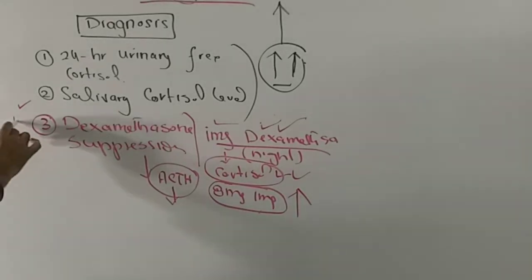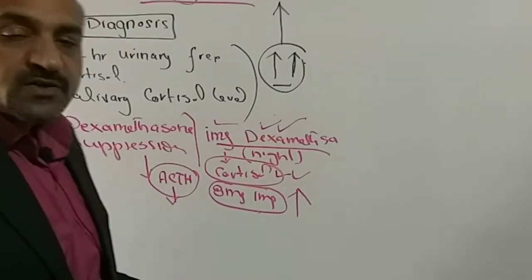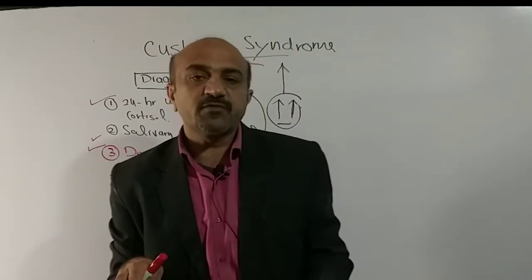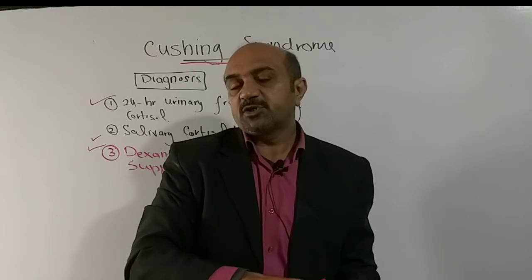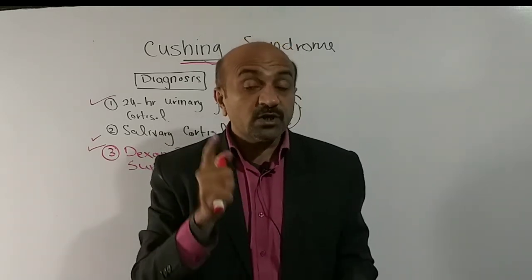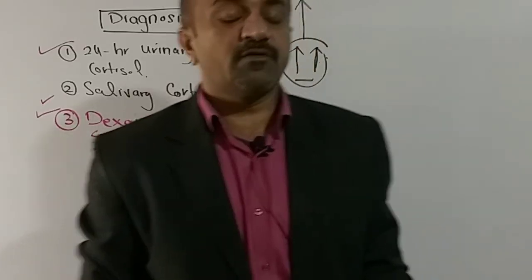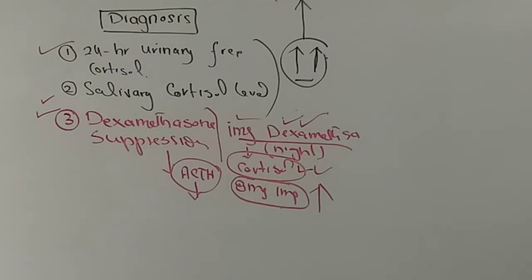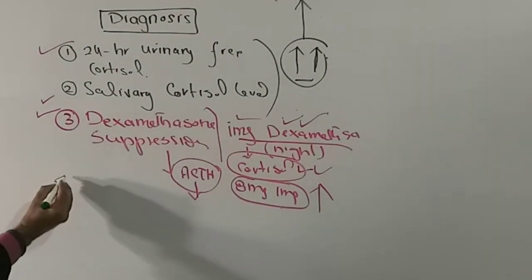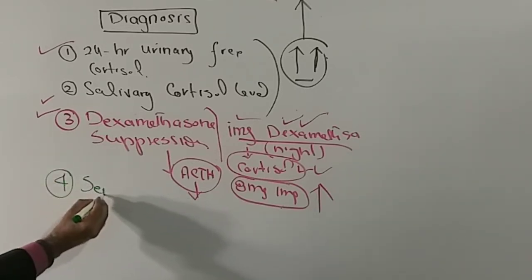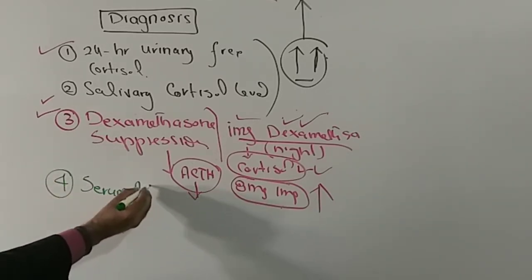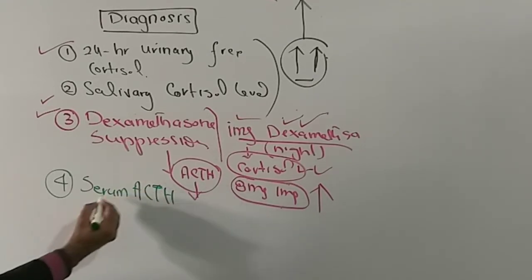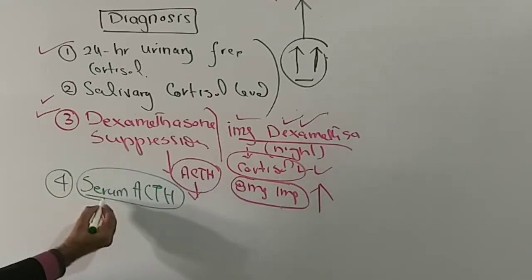After doing dexamethasone suppression test and urinary free cortisol, we may be certain that patient is suffering from the Cushing syndrome. If after these two tests, now we know that person is suffering from the Cushing syndrome and patient has got higher concentration of cortisol, then we are to check serum ACTH level. The next test which we will check will be serum ACTH, adrenocorticotropic hormone, which comes from either the anterior pituitary or ectopic source.